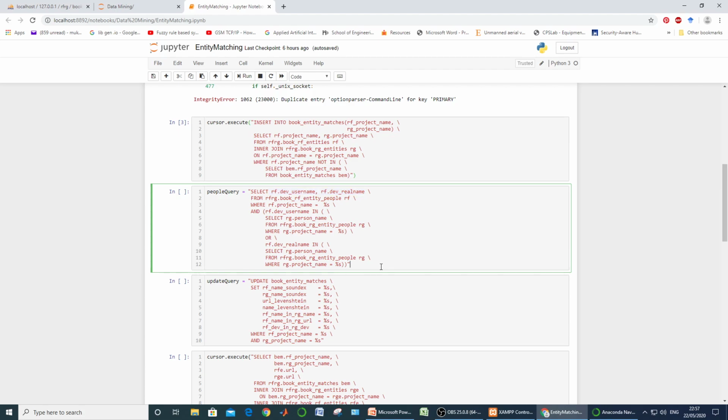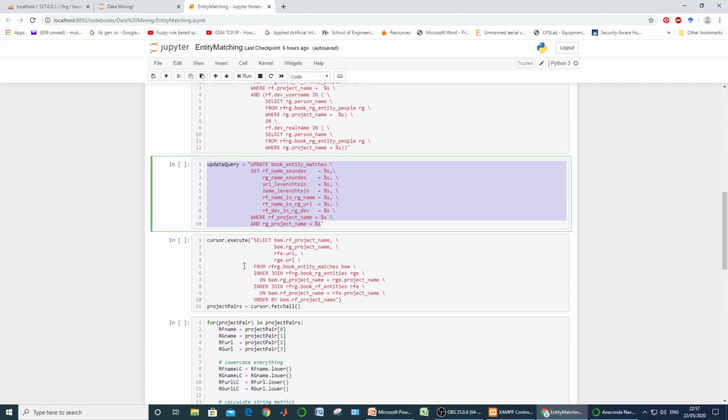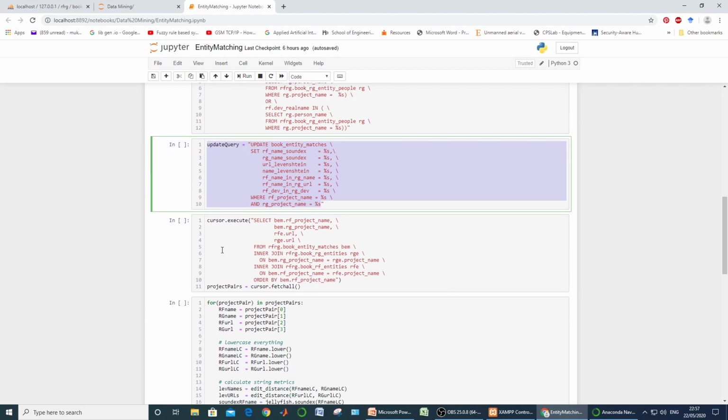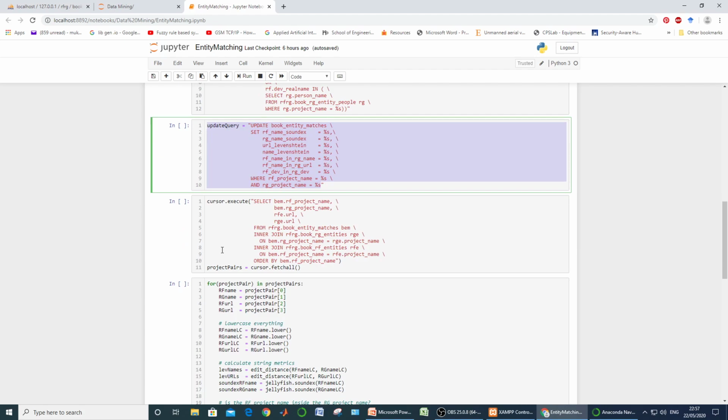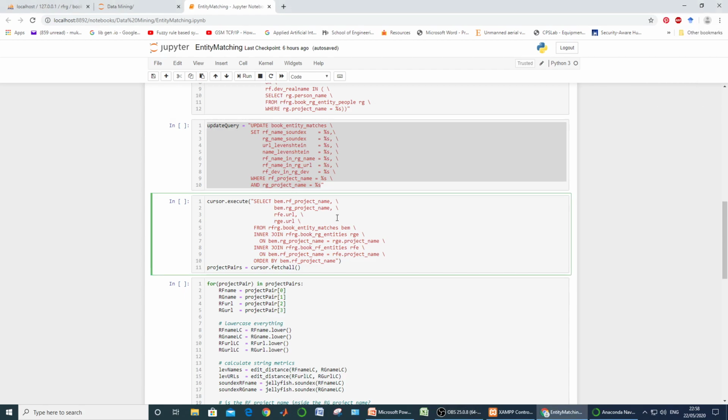Now let us move further. The update query we will look at later. Now there is a cursor. What exactly is it doing? It says select BEM. Before pursuing further, let us first resolve the references.